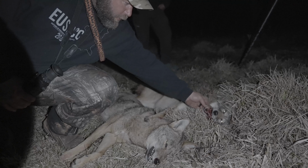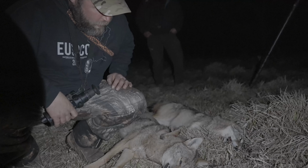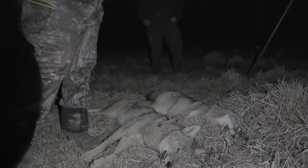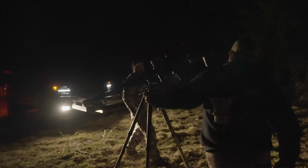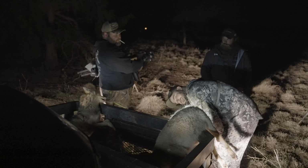He might be 3. She looks 2. She's probably a year younger than he is. JT's seen more coyotes dead than I've ever seen alive, so he's pretty much a wizard. He looks in their mouth and looks at something maybe to do with their canines, or maybe he can see all the way through the bottom of their mouth and into their brain and just know how old they are. He saw something he didn't like,